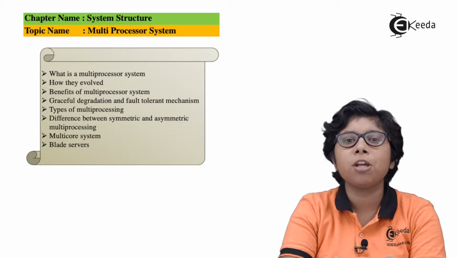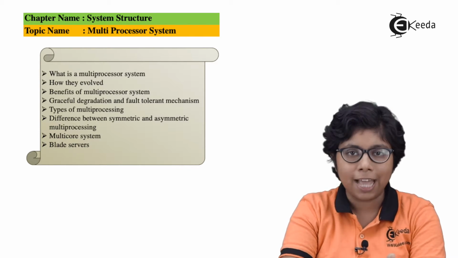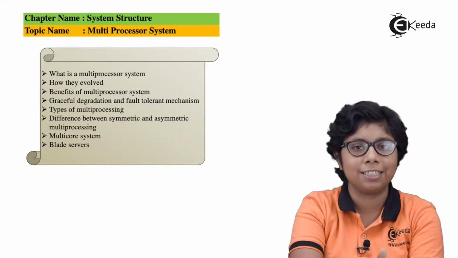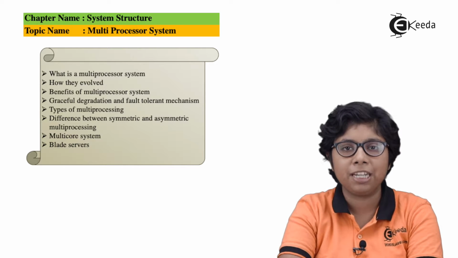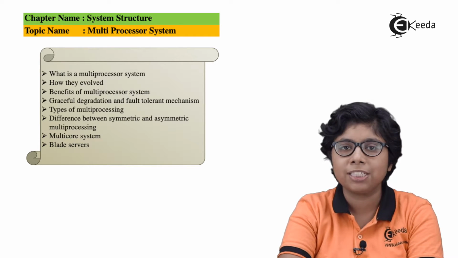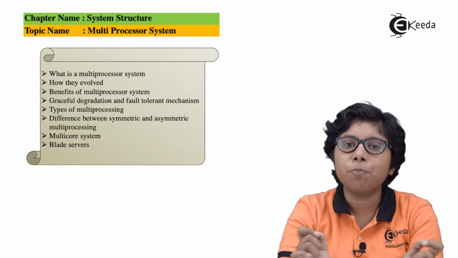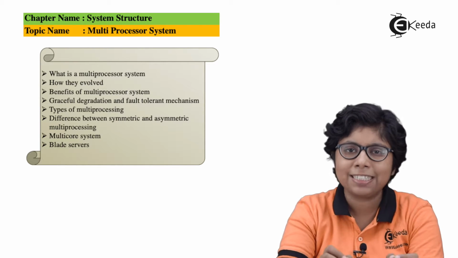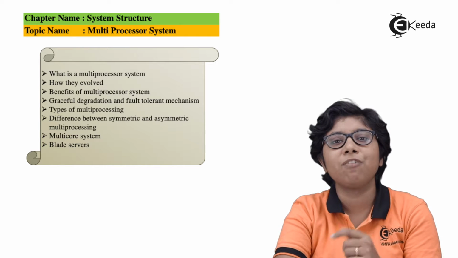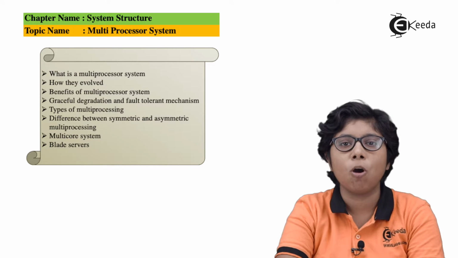Next one is economy of scale. A multiprocessor system can cost significantly less than multiple single-processor systems. These systems allow us to share the memory, peripheral devices, mass storage and power supplies. Thus, this reduces the cost. If all the processors use the same data, then it is better to store that data on a single disk rather than storing it on different computers with local storage, and obviously with many copies of that data.